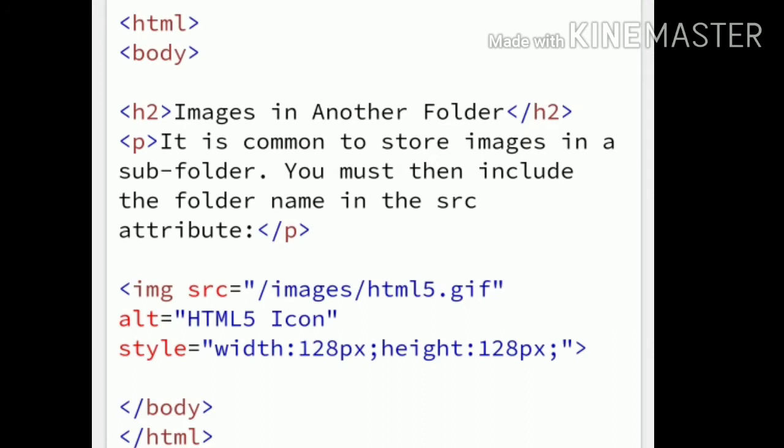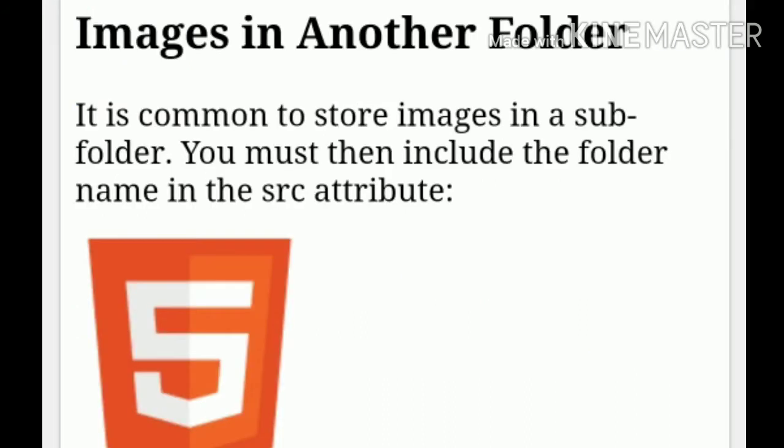It is common to store images in a subfolder. You must then include the folder name in the src attribute. That is html5. This is used for images in another folder.